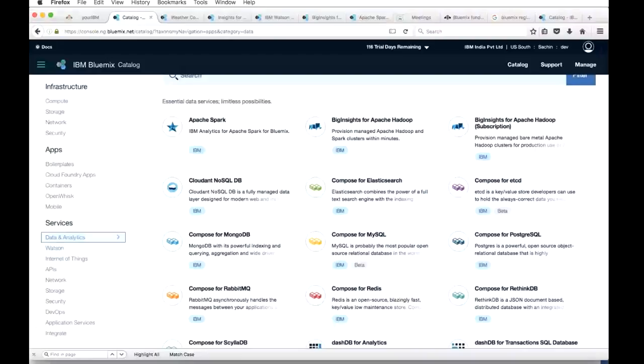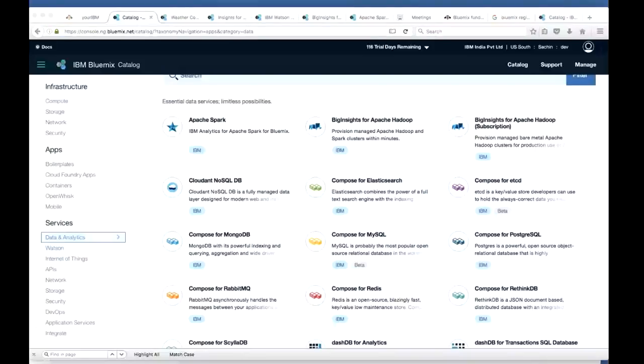Next, I'll touch upon a few of the services under data and analytics. First, I'd like to cover a few services under the analytics part of it, and then come back to the services which are there as database services in Bluemix. First, Apache Spark. Apache Spark is an open source cluster computing framework optimized for extremely fast and large scale data processing,